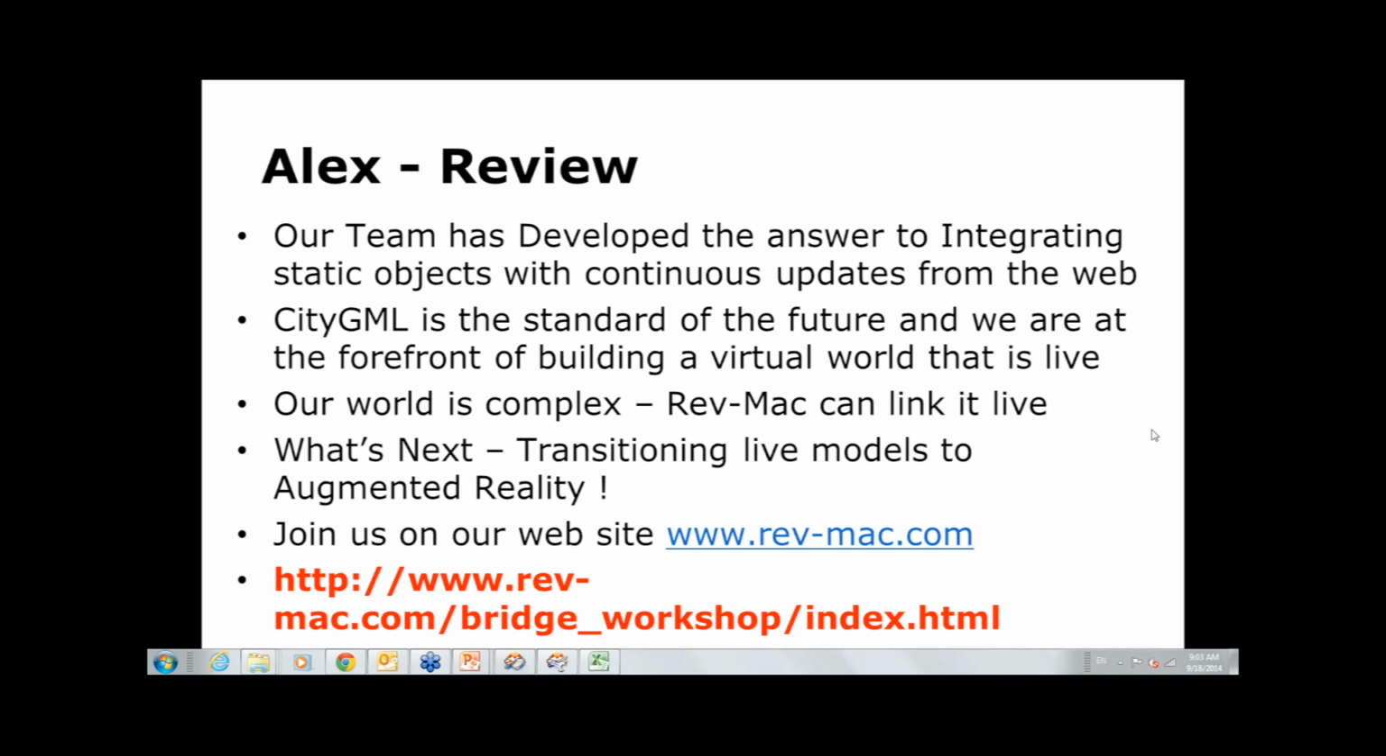And so what Revolutionary Machines is doing is we are creating a wizard-driven architecture, both server-side and desktop components, to allow people to integrate semantic data to engineered structures. That's what we're concentrating on,